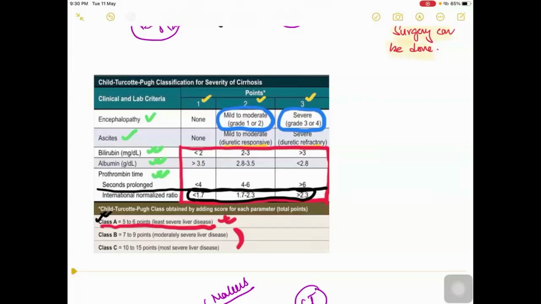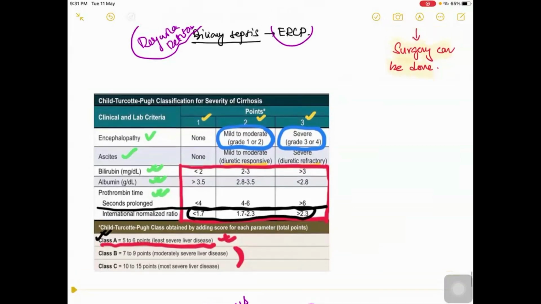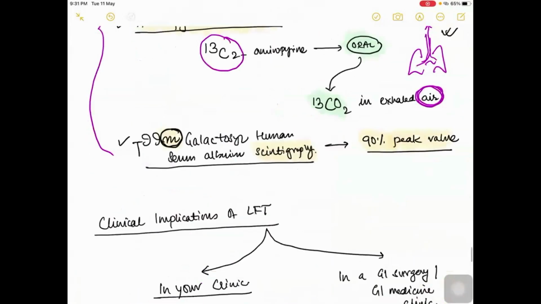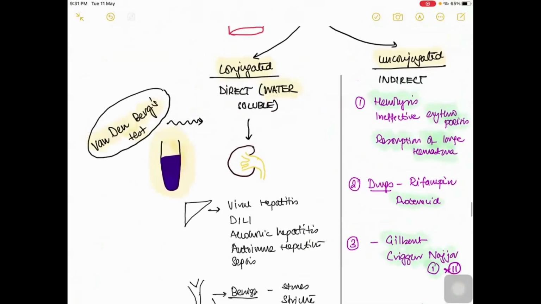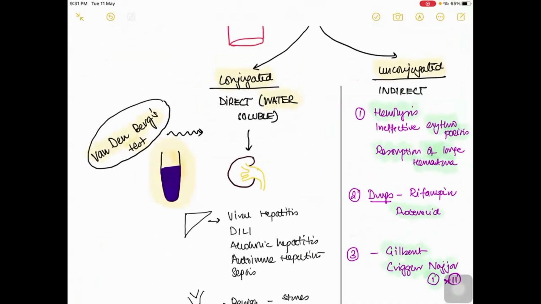Now, can you tell me, this is what Dr. Shoptik taught you. I am taking a small recap test. Why is this unconjugated bilirubin called indirect, and why is the direct bilirubin called conjugated? Okay, do you have any answer to this? So direct bilirubin will be detected directly in the Van den Bergh test. Very good. Thank you very much, sir.